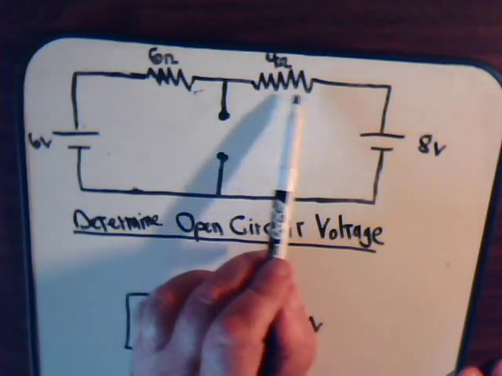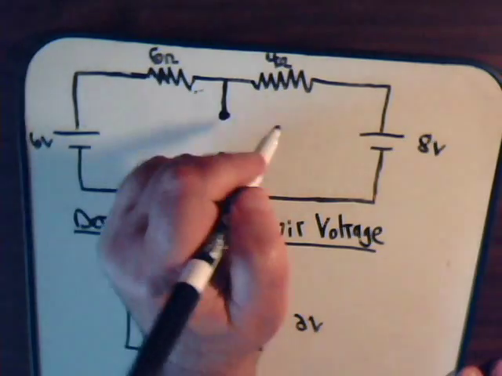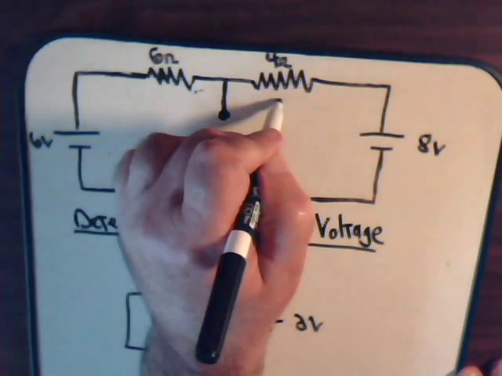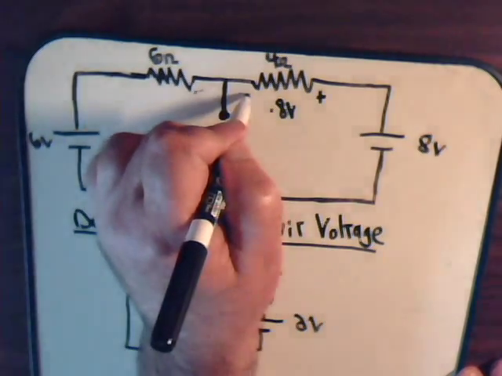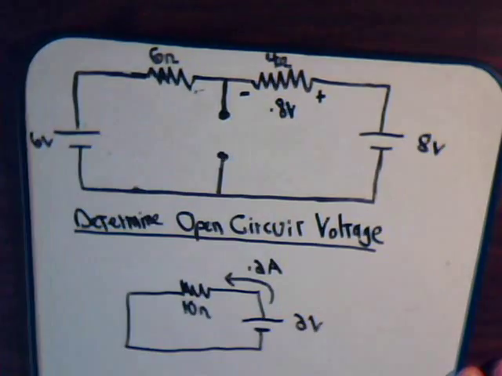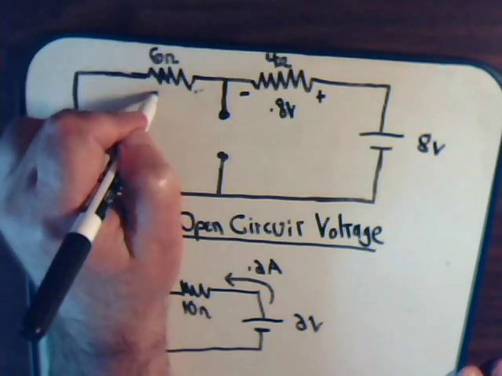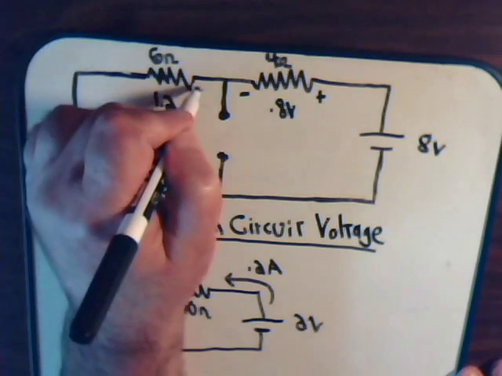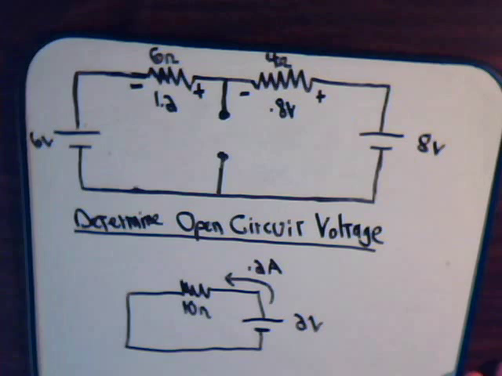So the voltage drop across here would be 2/10 times 4. That's 8/10 volts with the polarity plus, minus. Then over here it's 2/10 times 6. That's 1.2 volts with the polarity of plus, minus. So now what we can do is, let's just do a